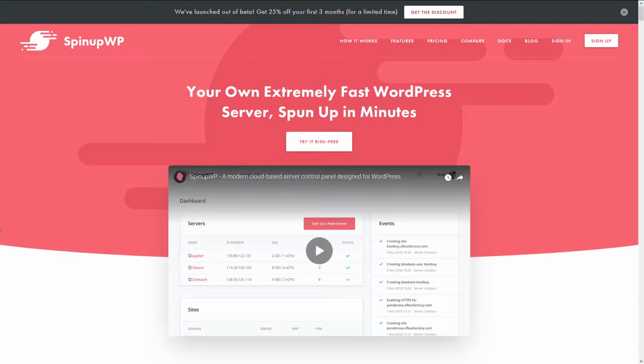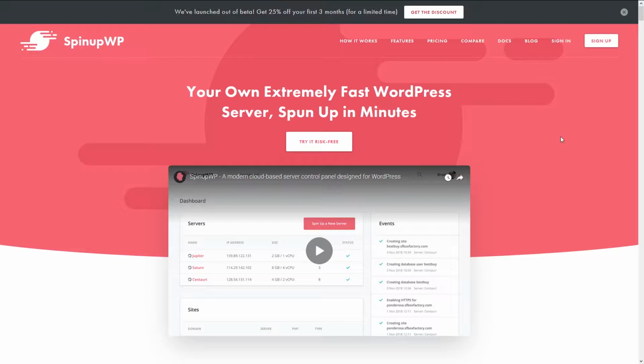These WordPress websites are optimized for performance, safety, and much more out of the box. Also, SpinupWP has some extra features, such as connections to a Git repository and backups, but we'll look into that